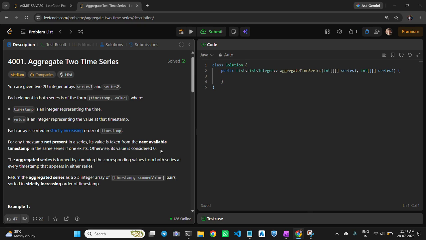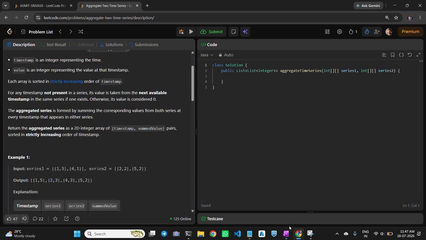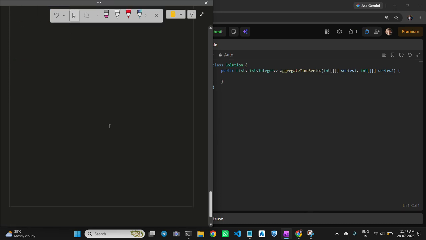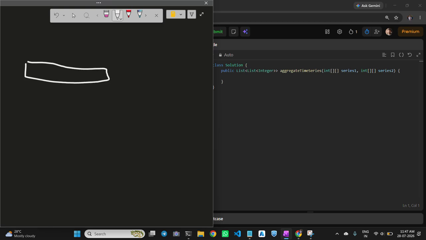So what does it want to say? Let's go to the board. You have two integer arrays. In the first, the timestamps can be anything, like 1, 2, 5 or 8.